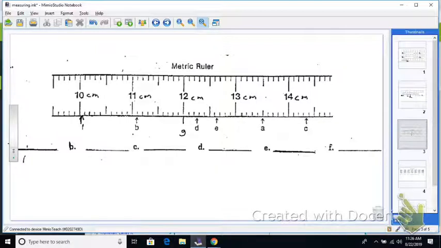If you put 11.1, make sure you put a 0 on that, so it'd be 11.10 centimeters. C, I'm saying it's halfway between the lines, that's the way I'm perceiving it, it's a guess. I might take it as a little bit past the halfway point. So I'm going to say